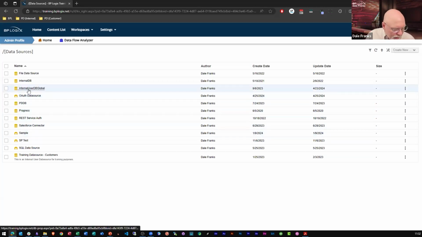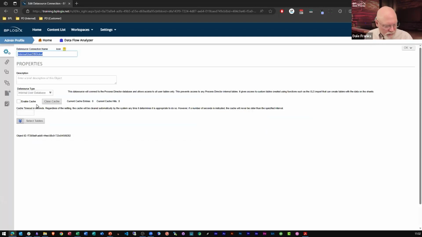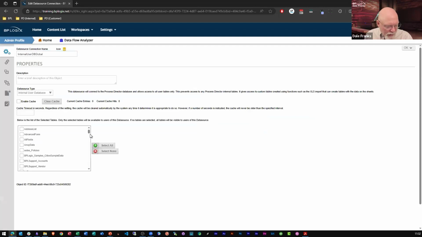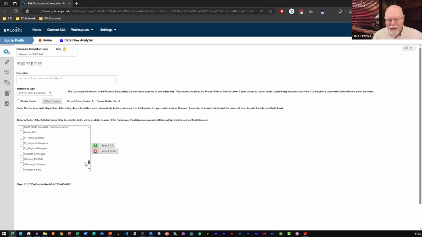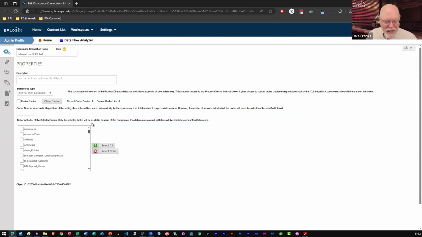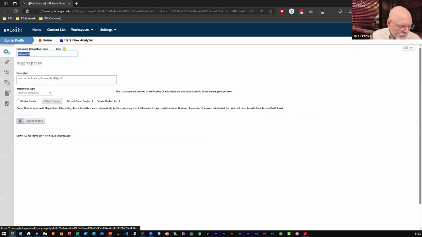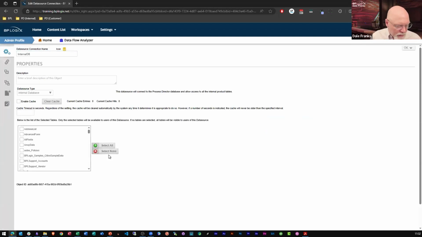So let's say, now this is my global internal user data source. And so on this data source itself, well, I might not care what tables get accessed. I might want to allow everybody to access every table from this data source. On the other hand, I might have a data source, again, looking at the internal user database, but I might decide, you know what?